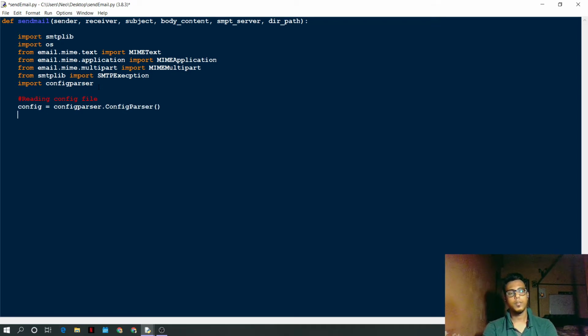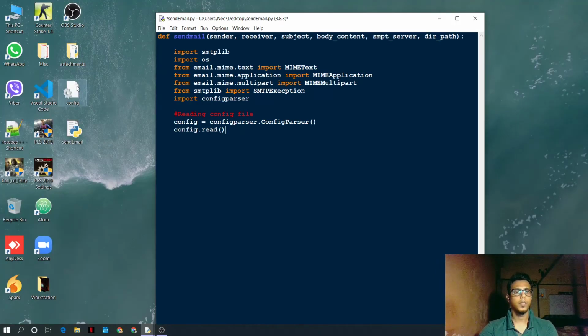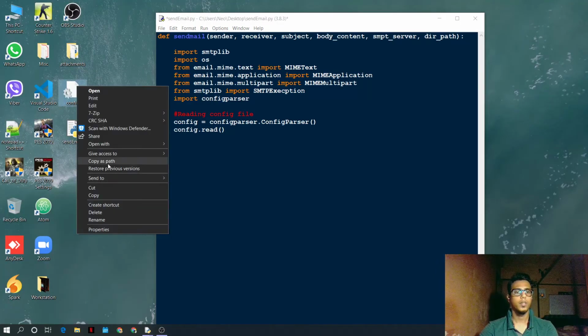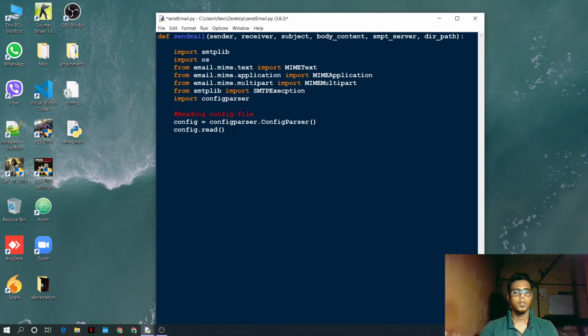So we have a config parser object. Now we have to create the file config.read, and we'll take the path of this file. Right click, copy as path, paste here. And also we should put it as a raw string, because